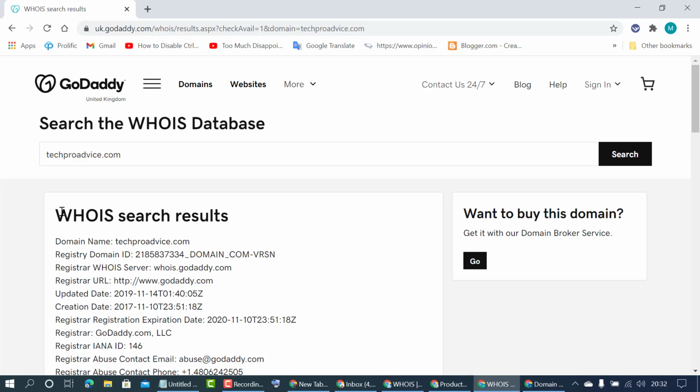So you will find all information about this domain, who is the owner and how to contact the owner, and which is the registrar company, and also you can check the registration and expiration date. So like this you can check